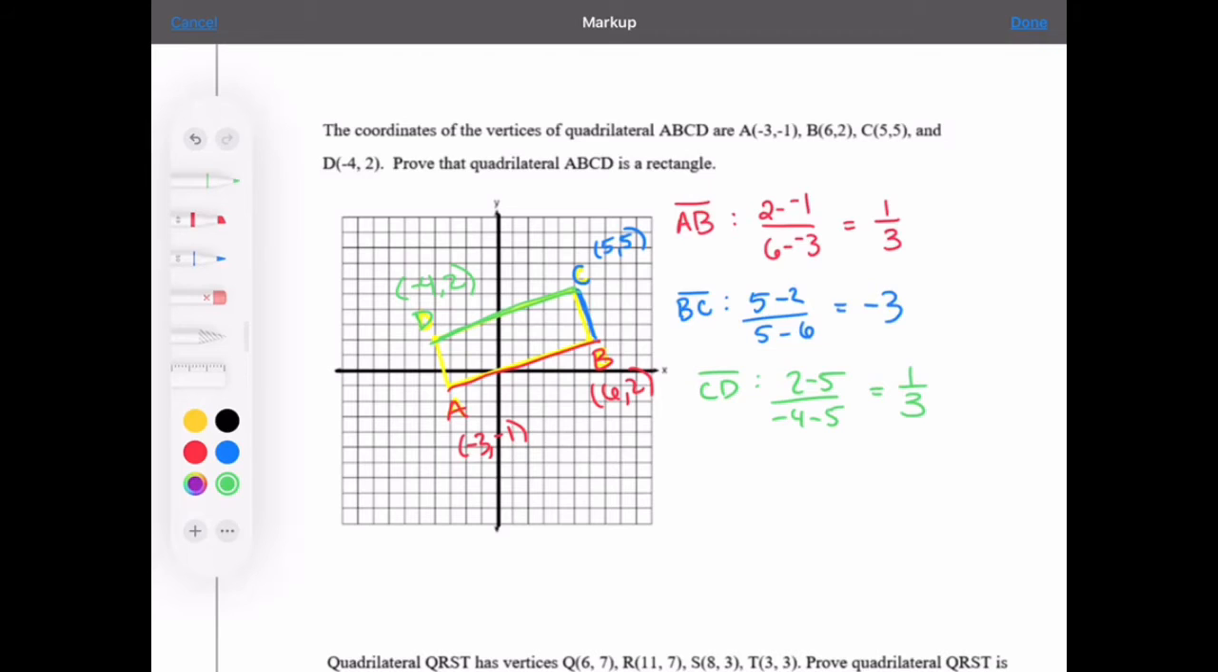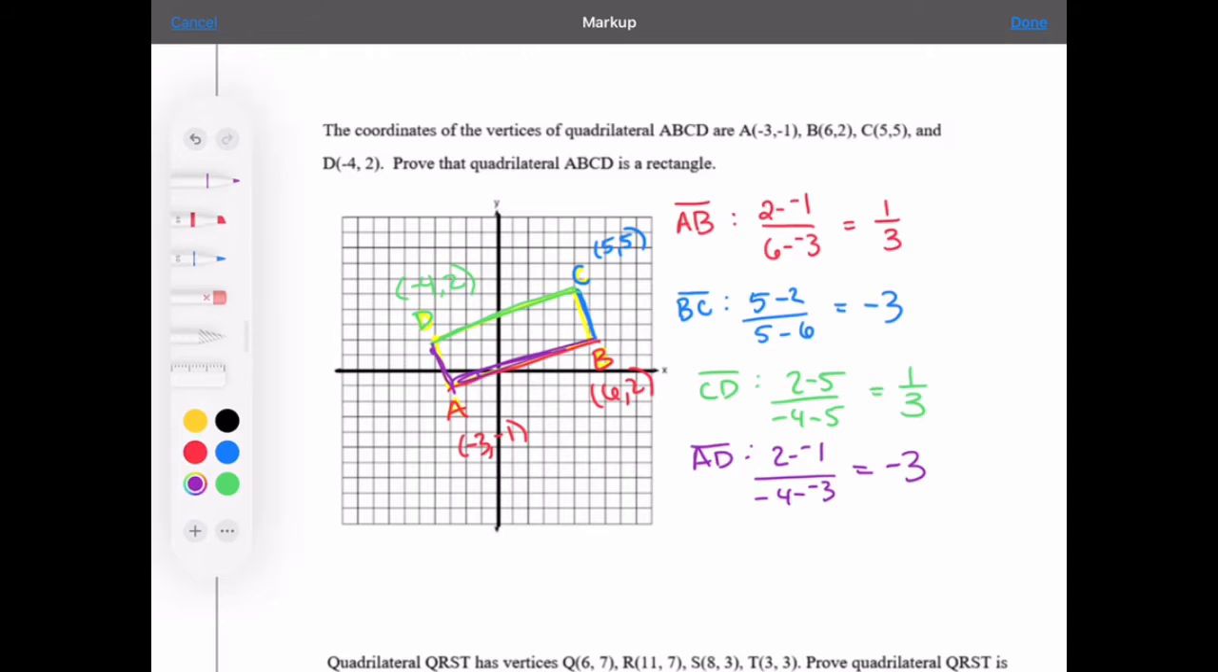And then finally, let's look at AD right here in purple. So for AD, we'll get 2 minus -1 over -4 minus -3, and we get -3. And so we showed that opposite sides have the same slope, right? Proving it's a parallelogram, because